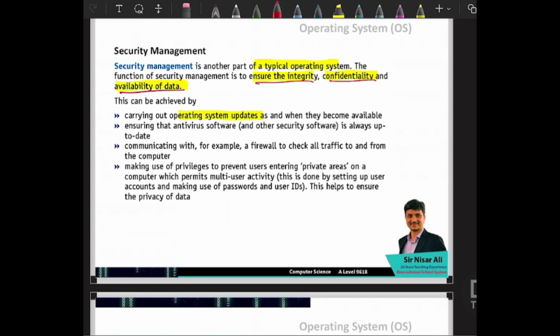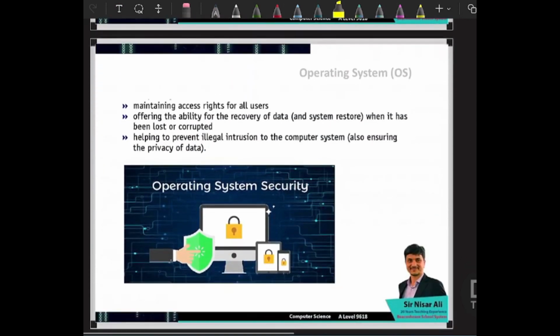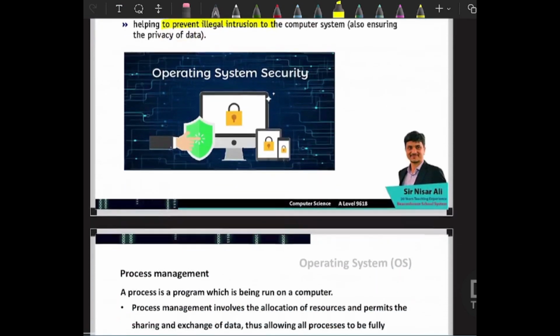How can these three things be achieved? It can be achieved by carrying out operating system updates when they become available, ensuring that antivirus software is always up to date, communicating with a firewall to check all traffic to and from the computer, and making use of privileges to prevent users entering private areas on computers. So that is restricting unauthorized access with the help of passwords and IDs. Maintaining access rights for all users, offering the ability of recovering data, that is the backup, and helping to prevent illegal intrusions to the computer systems. So this is the